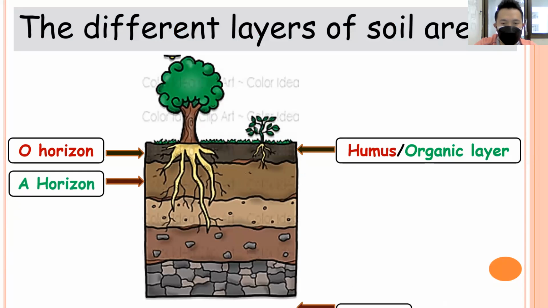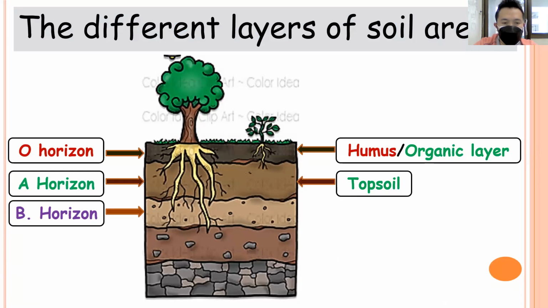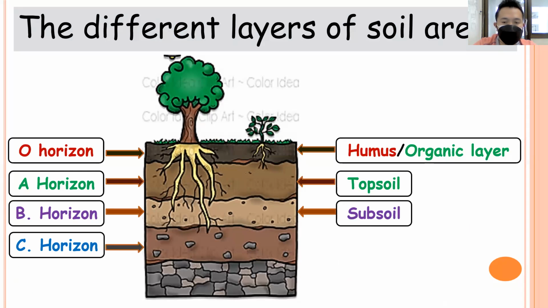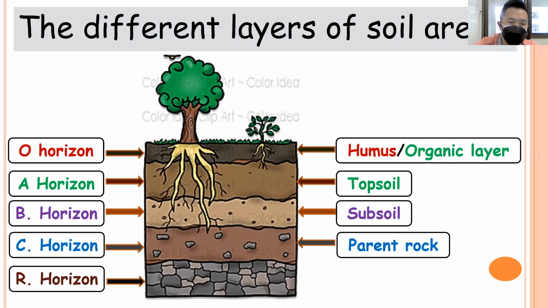A horizon, topsoil. B horizon, subsoil. C horizon, parent rock or parent material. R horizon, bedrock. So these are the different layers of soil that I want you to remember,